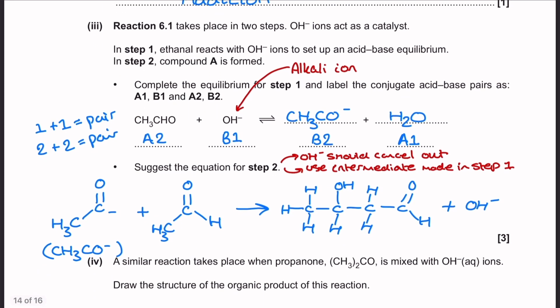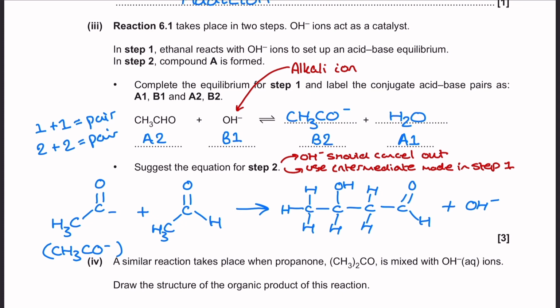This is the bit that I think is really complicated. And I shouldn't laugh over it, but I do think it's a really tricky question. There's lots of moving parts to this, and there was a lot of variety when it came to the mark scheme as well. Reaction 6.1 takes place in 2 steps. The hydroxide ions act as a catalyst in step 1. Ethanol reacts with the OH- ions to set up an acid-base equilibrium. And in step 2, compound A is formed, and that's all the guidance you get. It's really vague. I think it's really tricky. First bullet point here says, complete the equilibrium for step 1 and label the conjugate acid-base pairs as A1, B1,